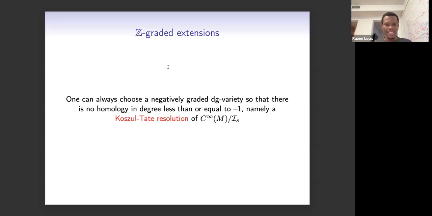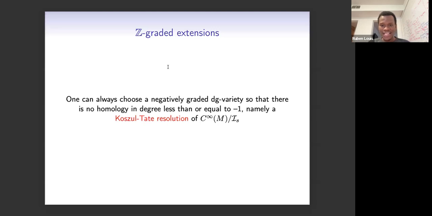But we can choose a negatively graded manifold or variety on that locus such that there's no cohomology in higher degrees. So you only have cohomology in degree 0, and this cohomology is exactly functions on I_S. And this is called